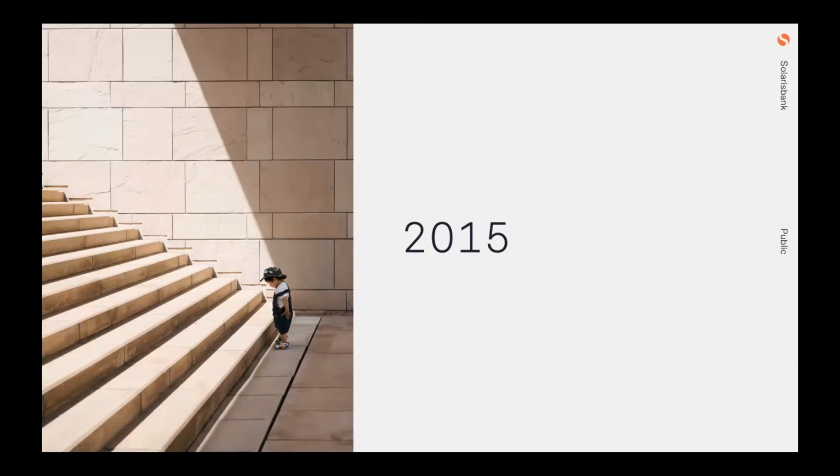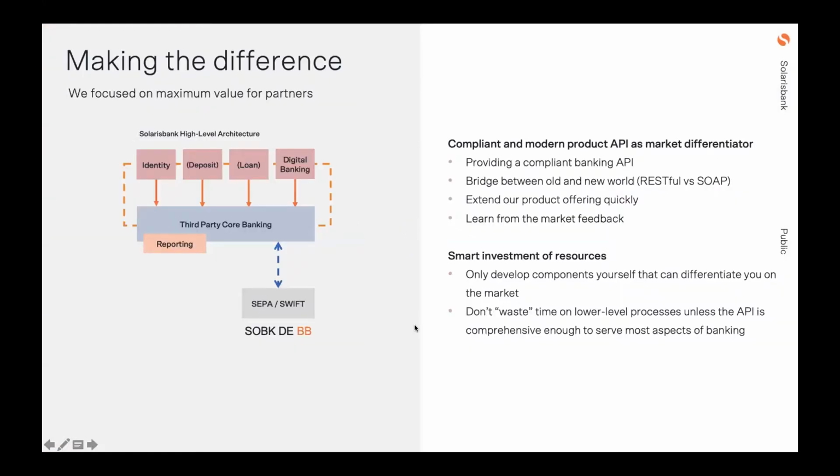What's making us different on the market? Because obviously with 7 people, you cannot compete on the full banking landscape against the big players like a Deutsche Bank, a Commerzbank, or the international banks. So we looked into the market and saw that there was actually a significant lack of banking services that are